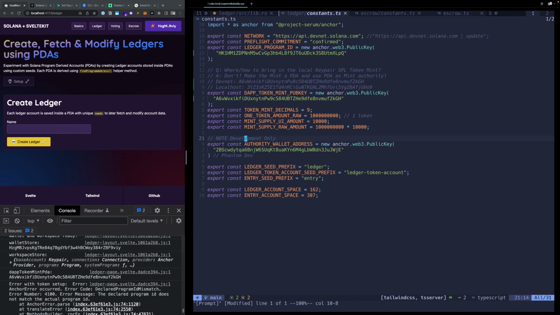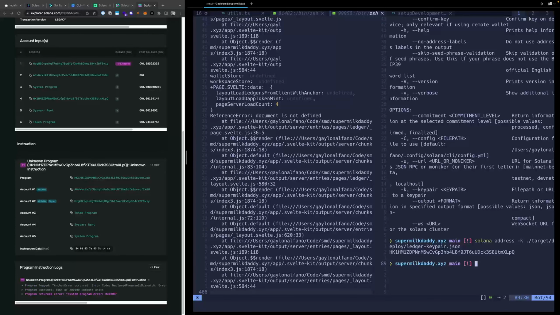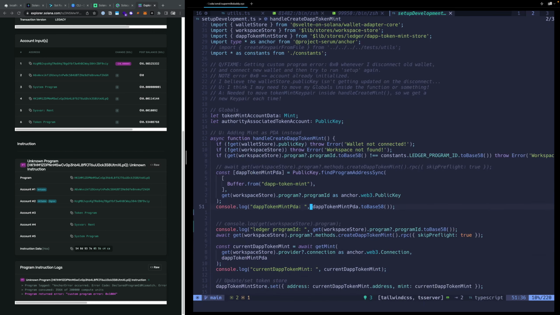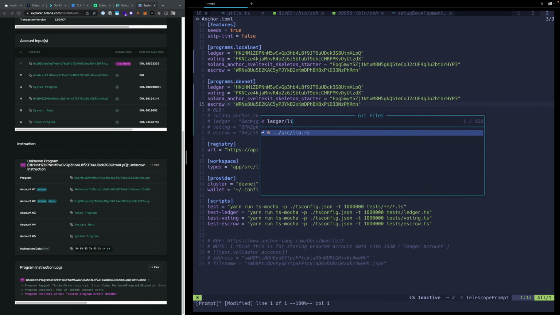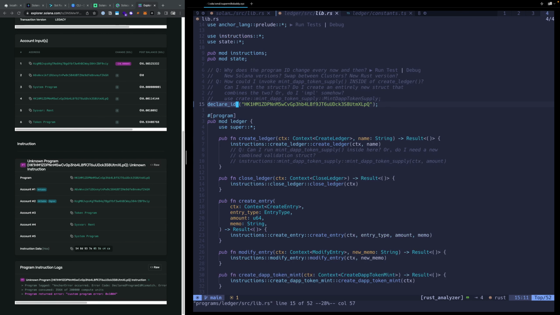Declared program ID mismatch. Let me find this. Look this up. Still not solved, but this error is what it says it is. It's your IDs mismatch. So, just to verify that, essentially what I put in, my Anchor.toml for ledger, as well as if I go to the ledger lib, open this up, it's this